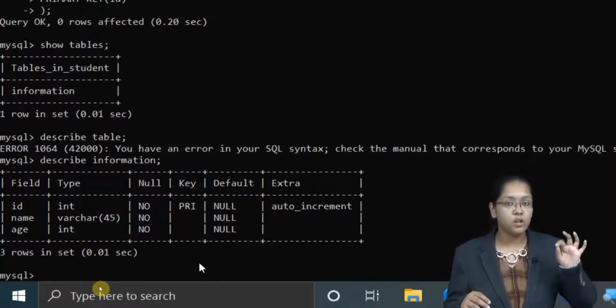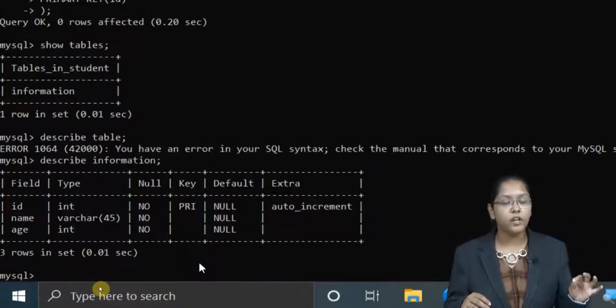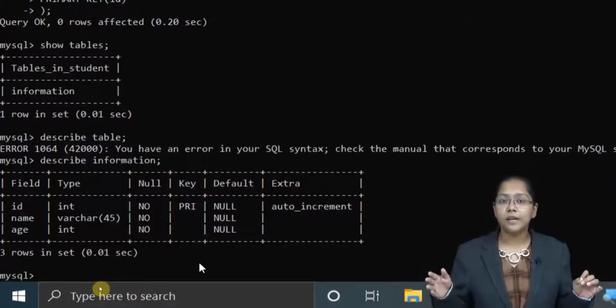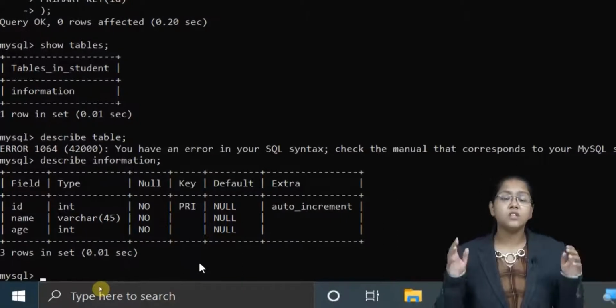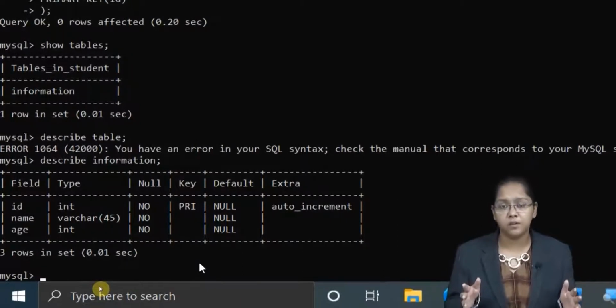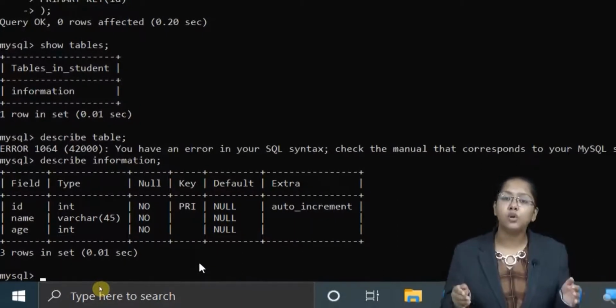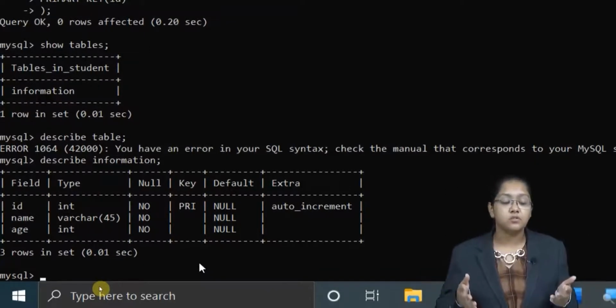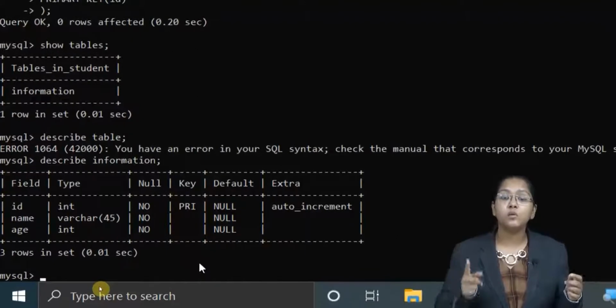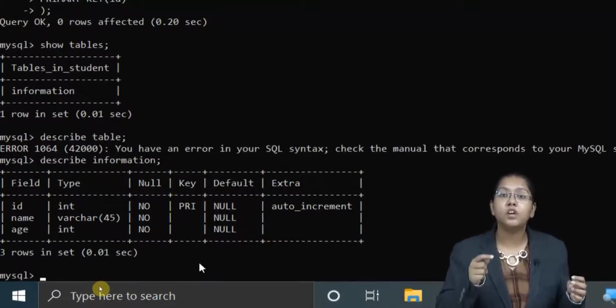The moment you type show tables, all the tables in that particular database will be shown to you. So this is how you can create your table. These are the parameters you have to follow while creating your table in MySQL. So this was all about how you can create your table using the command line.